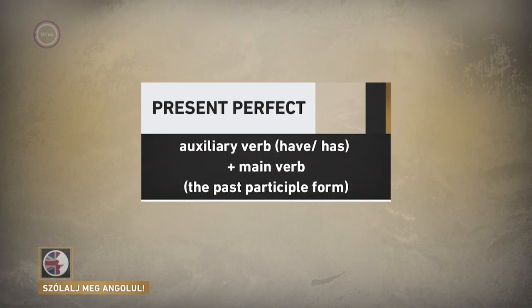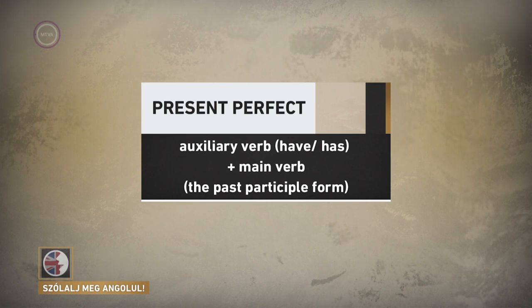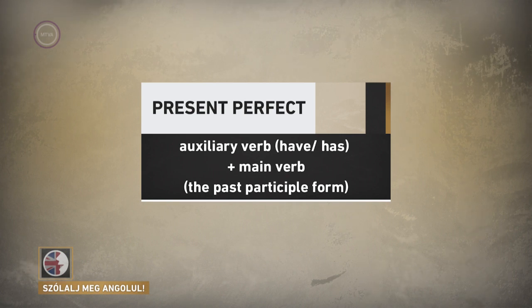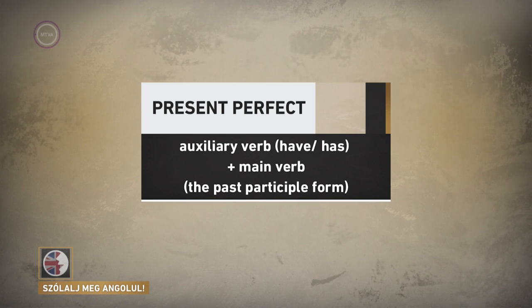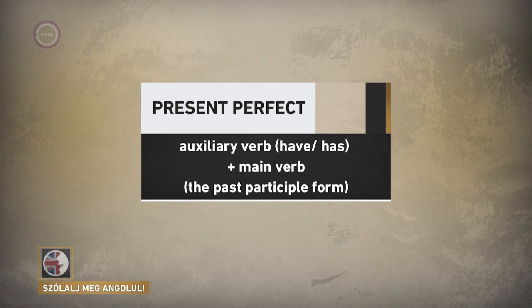Okay, and what about the present perfect? What about the form of the present perfect? What do we know about how we make the present perfect? Yes, that's right. You all remember. To make the present perfect, we use have as the auxiliary verb, so either have or has, and then we use the past participle of another verb as the main verb. All right. We learnt a few past participles, so we've got something to work with, and now it's time for us to look at when we use the present perfect.